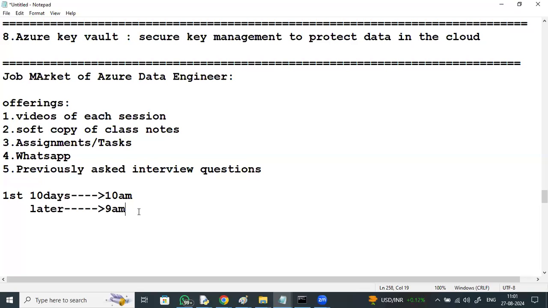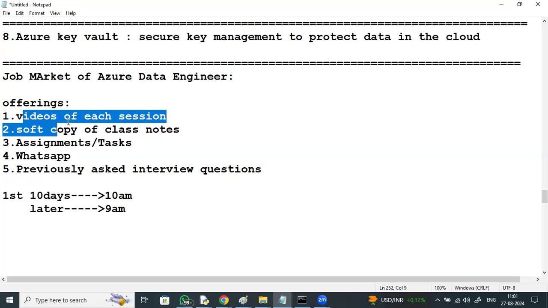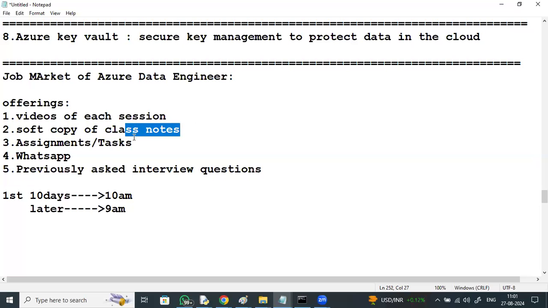Making these timings clear, even if you miss any session, you'll get the session videos of each and every session. They are not downloadable; you can just play and watch them. You'll also get a soft copy of the notes, and you will understand everything step by step. I will discuss assignments and tasks to work with, and a WhatsApp group where you can interact with me directly. If there is any error, take a snap of that error and post it in the WhatsApp group, and I'll answer it. At the end I'll also provide previously asked interview questions,